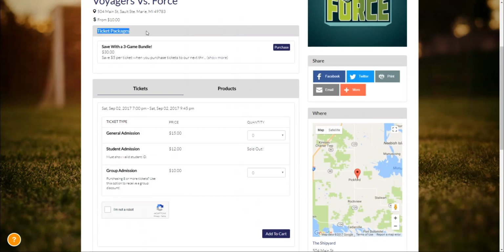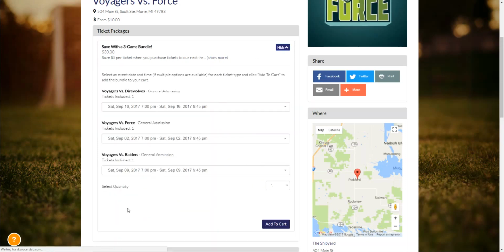As you noticed at the top, we do have the ability to create full ticket packages. This is pretty unique. You can do something like create a 3-game bundle or even a season pass that'll get the person into every game. If I were to click purchase on this 3-game bundle, it will list all 3 of those games. We take inventory off of the tickets for all 3 of those games, and we give them 1 ticket, which can be used once at all 3 of those games. They can select their quantity. It'll add all of those tickets to their cart, but also give them a discount to get it down to that bundle price. That's pretty neat and something that's a little bit different in this world